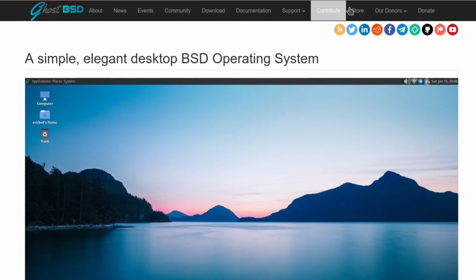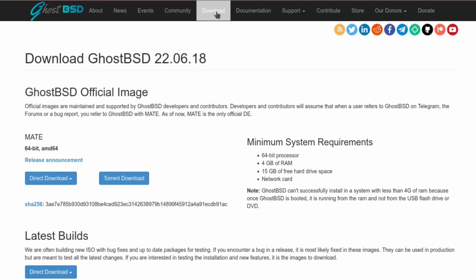So if you go along to where it says at the top, download, it will take you to the last official image, the last official release. And like I say, it's getting a bit long in the tooth, almost coming up to a year. But it doesn't mean that GhostBSD isn't always getting updated. I mean, it is a rolling release type of operating system. But if you want to download one of the latest releases, without it being official, of course,